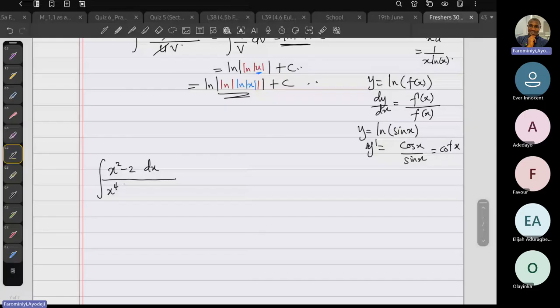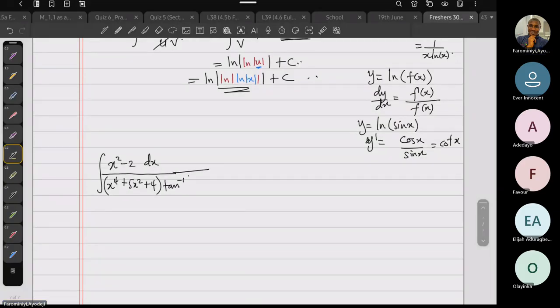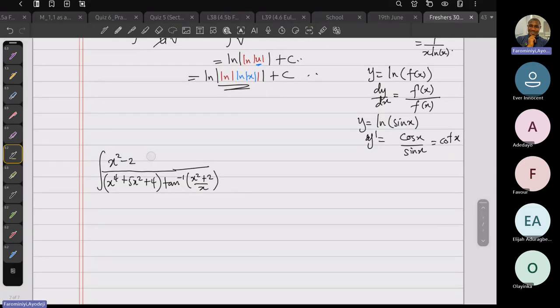x to the power of 4 plus 5x squared plus 4, times tan inverse of (x squared plus 2) over x. Where do we even start this one? Very well done. Okay, so